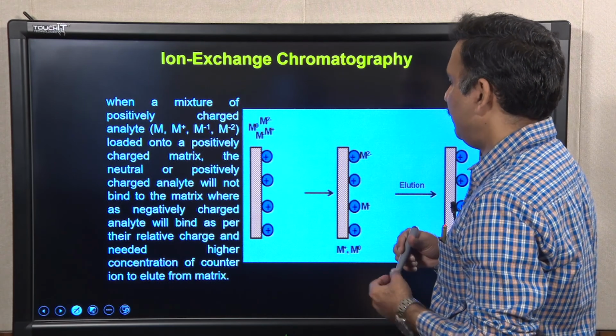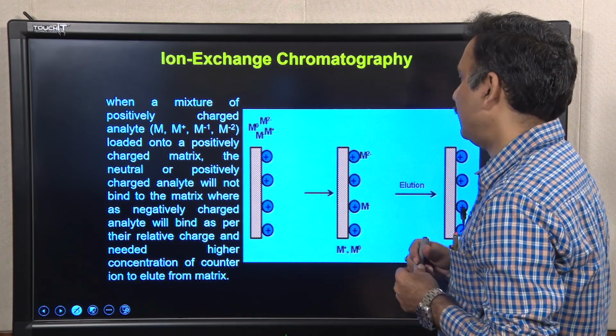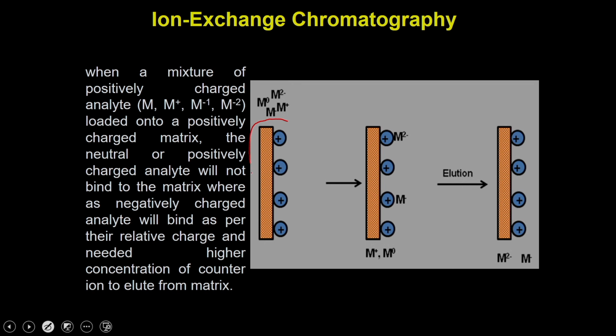So, let us see, if you take an example, we have a positively charged matrix. If you flow a mixture of positively charged analytes, for example, you have 4 analytes: one is called M0, M minus 1, M plus 1 and M 2 minus. So, you have the 4 analytes and you are flowing them onto a positively charged matrix,